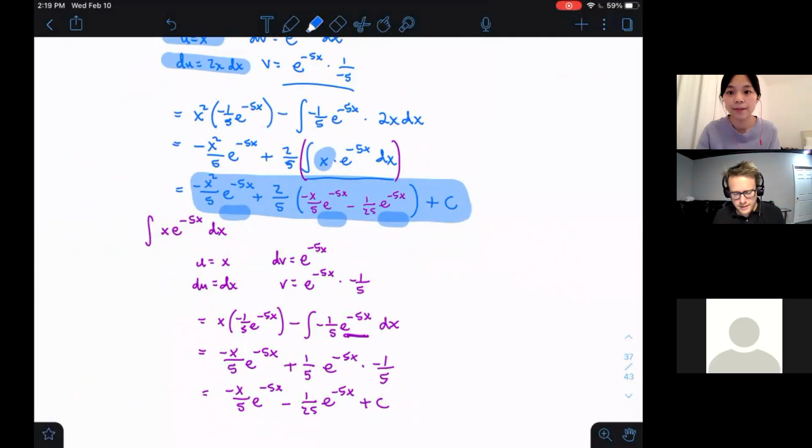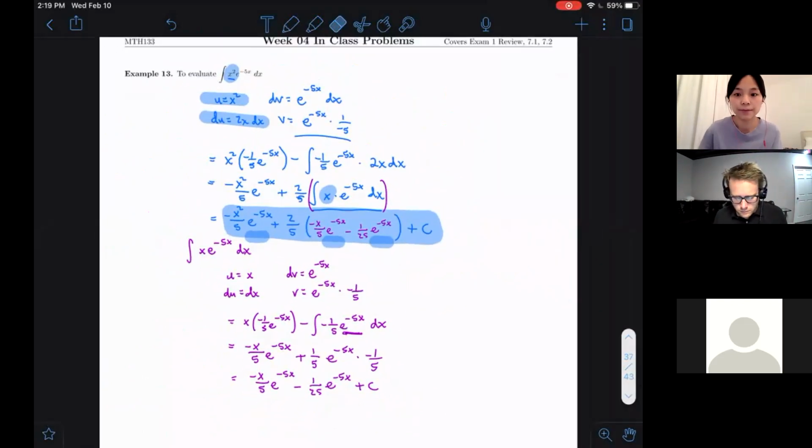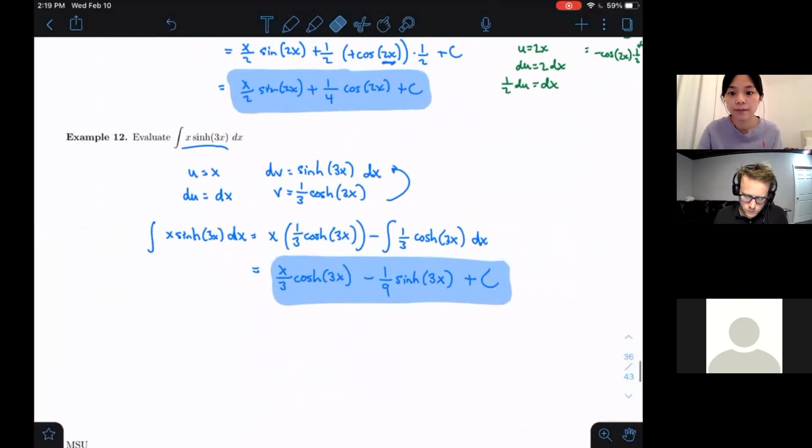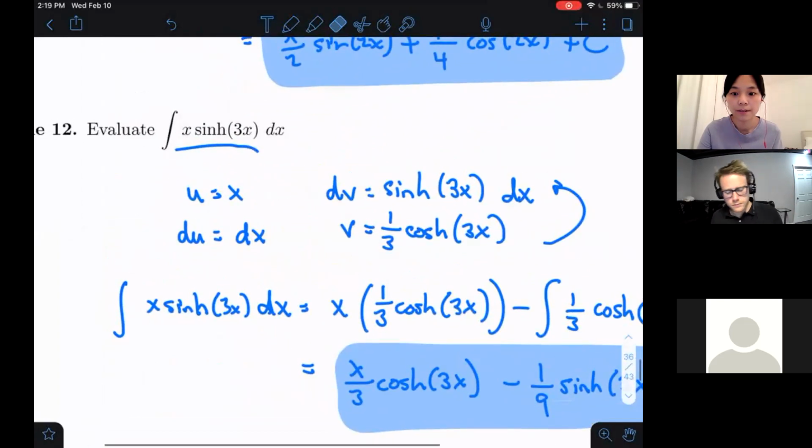Hi, Professor. Can you hear me okay? Yeah, sure can. I just had a question regarding the example 12. Yes. If we look at the first line there, where we've got x multiplied by 1 over 3 hyperbolic cosine of 3x. I wasn't sure why that wasn't. Oh, you know what? Never mind. I see that. Okay. And then just the other, back to the one that we were on, that constant, or the